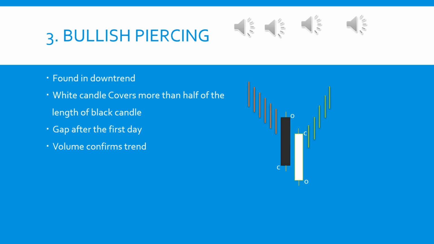There is one more point that you have to notice over here. It is that the white candlestick opening is lower than the black candlestick close, which means that the bears are trying to pull the market down as much as possible, but the buyers over here have entered and started purchasing more and more shares of that particular company, thereby pushing up the market, which leads to a trend reversal into a bullish trend.